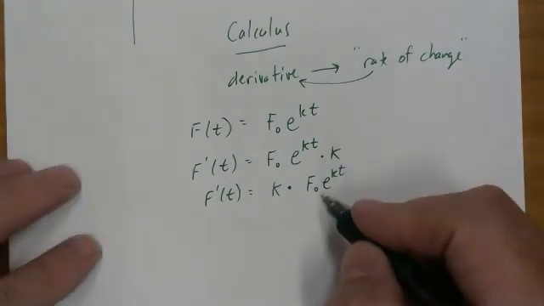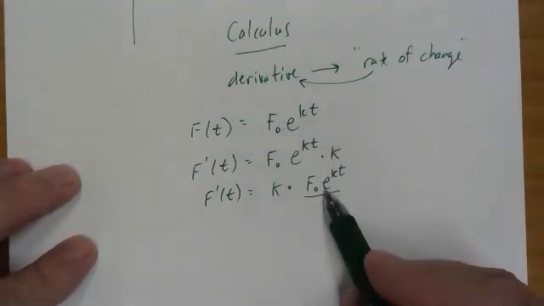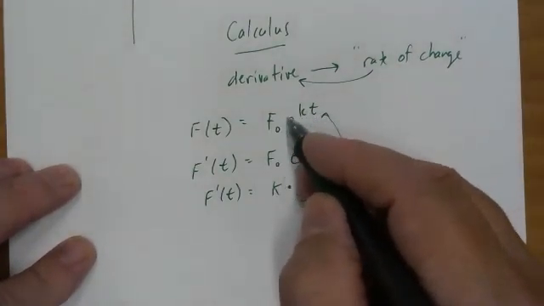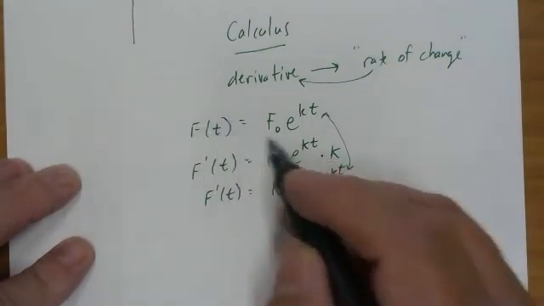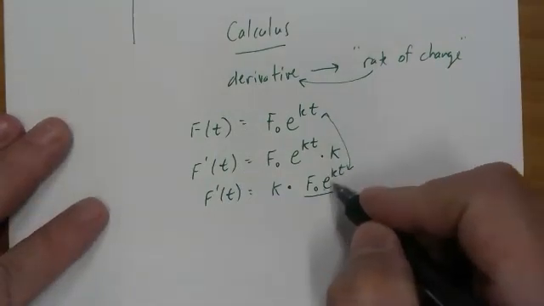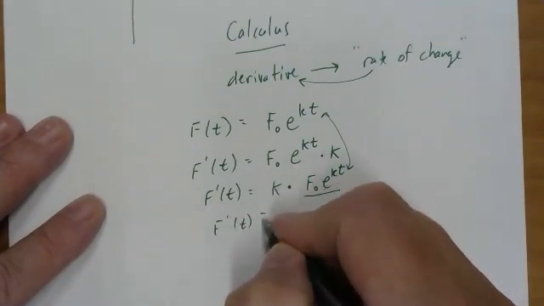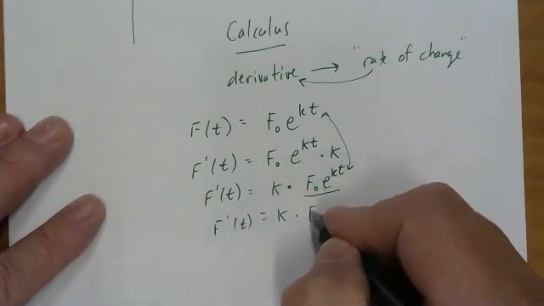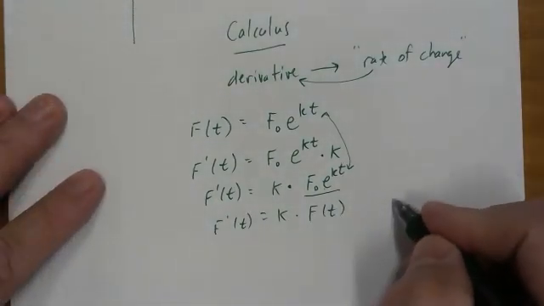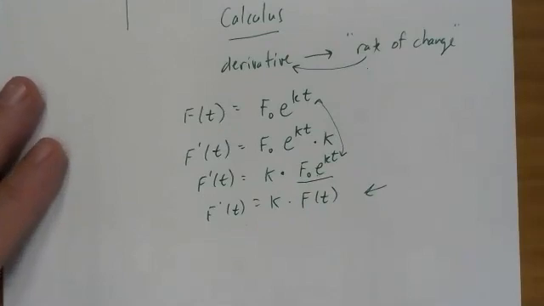But what's interesting is, look at this little piece here. And if I look up here, these are actually the same. And up here, I wrote this because that's what I'm calling my original function. So just for fun, instead of writing this, I'm going to replace this with just f of t. Now this becomes important, and we actually use this a lot,